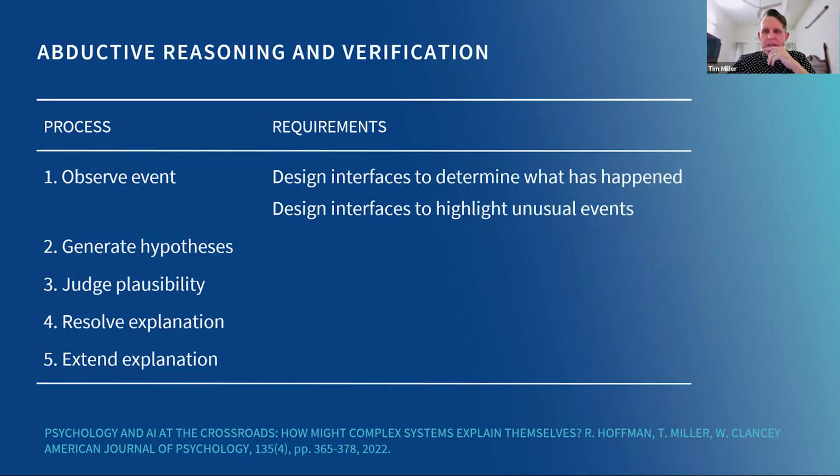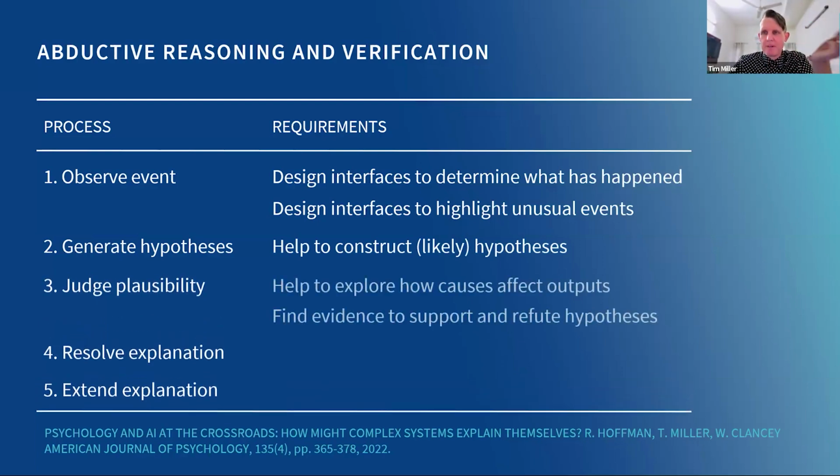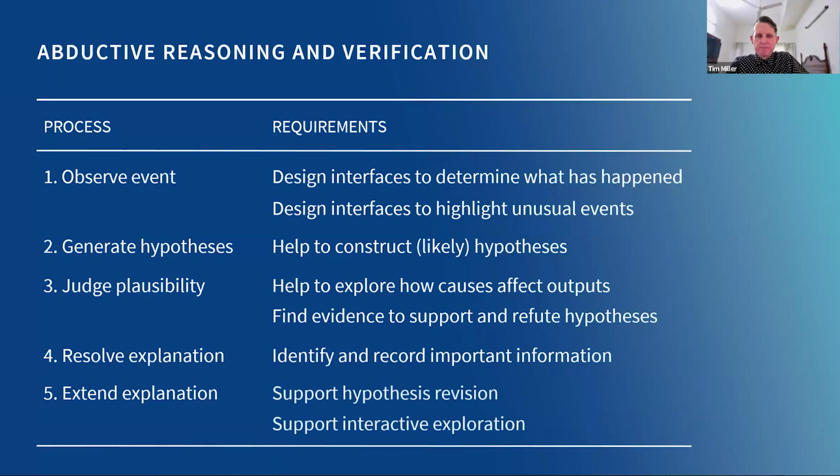And what are the requirements you have here? Well, if you want to design a system, you need interfaces to determine what's happened and highlight unusual events. So this would be making sure you can see all the evidence that you need on an interface. You need something that helps you construct the likely hypotheses: monkeypox, bed bites, etc. You need decision supports that help you explore the causes and effects of this particular diagnosis. So we saw in Charlie's example of ChatGPT that's actually one of the things language models are quite good at, giving the evidence to support things, even though it's wrong some of the time. And then you want to be able to do some other things like administrative things here.